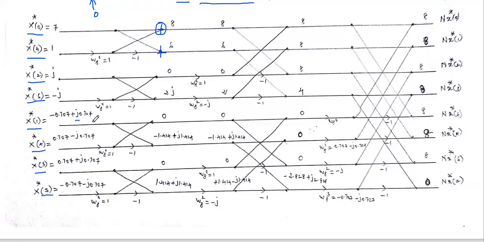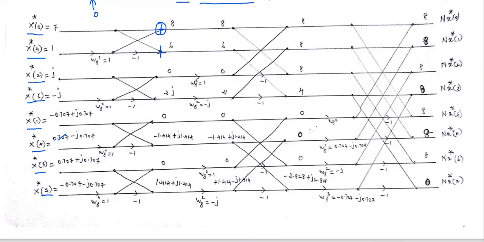Okay. Similarly, you find the answer here. So this 0.707 minus 0.707 plus j 0.707 is added with this data. What is this data? 0.707 minus j 0.707. So here the real part cancels and the imaginary part also cancels. If you add these two terms, we will get the answer 0. Okay. So similarly, we have to find the answer here. So here the 0.707. Okay. So you see in this